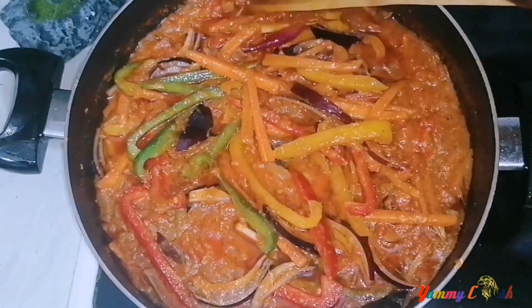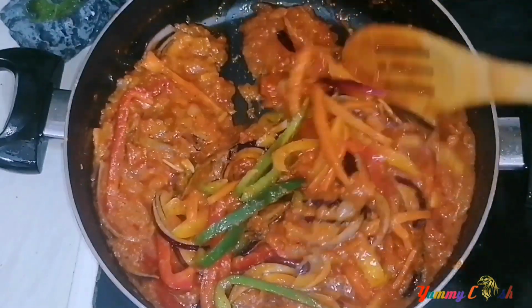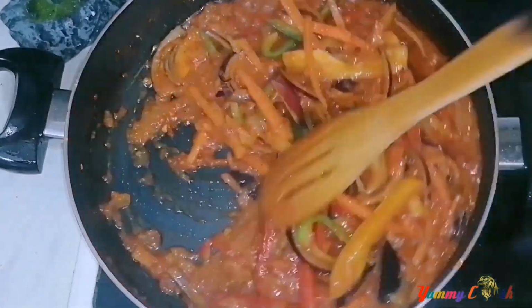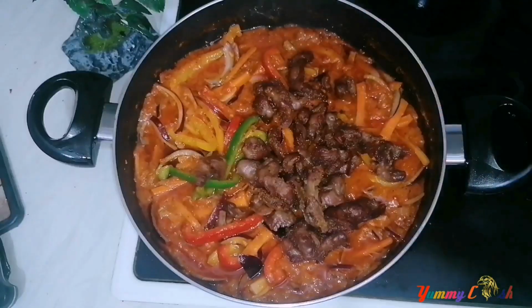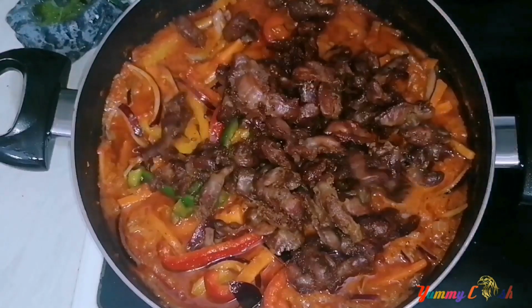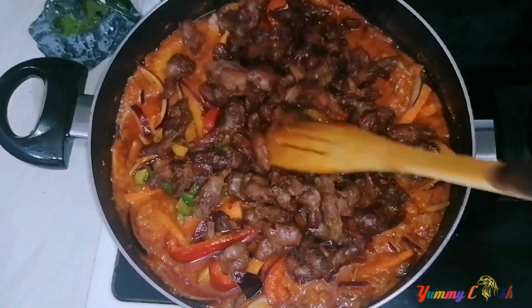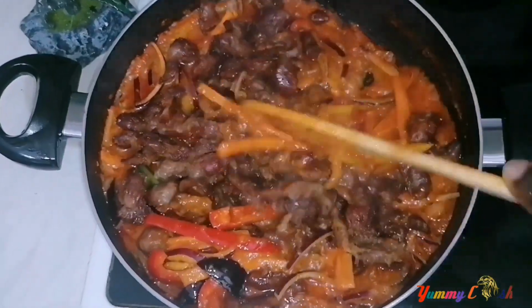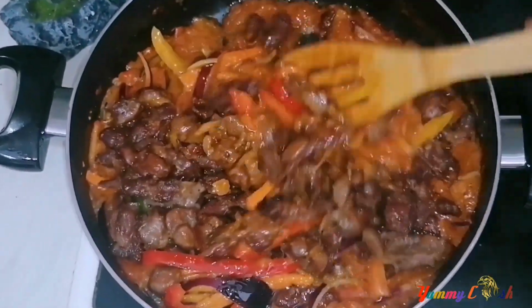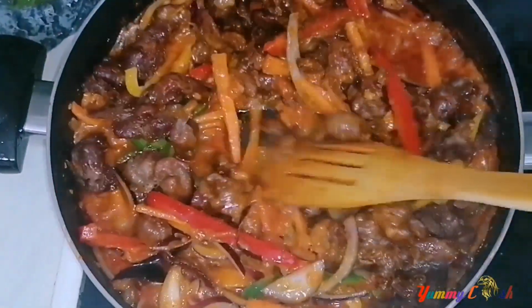Now I added in my chopped paprika, which I mistakenly added off camera. So I added it in, stirred it, left it for like 2 minutes, and then add in my fried gizzard. Oh yes, see how the stew is looking succulent. In fact, succulent. Give it a good gentle stir, and then leave it on fire to simmer for an additional